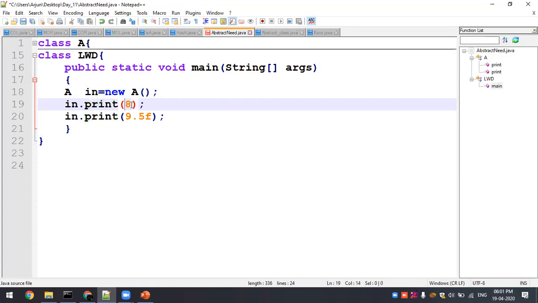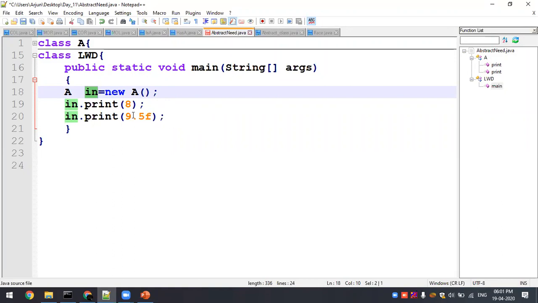Whenever I call an instance of class A dot printf, this method definition should be there in class A. That is what we discussed in yesterday's class, data encapsulation: how to define the method and how to invoke the method, right? Today we are going to invoke in a different style, and how it will be comprised within a single logic. That is what we are supposed to see in an abstract class.